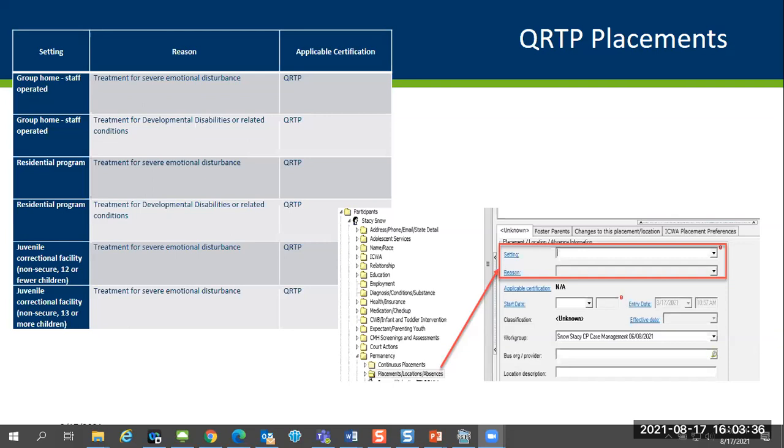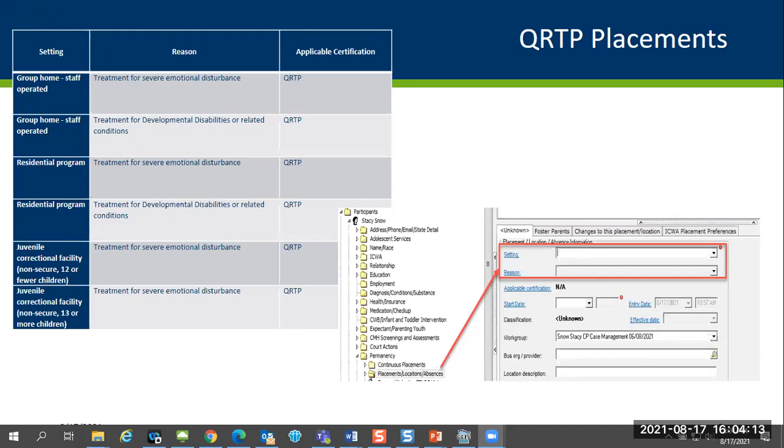If you have been part of a few of our other webinars in our series, we have mentioned that there are specialized settings for pregnant and parenting youth, individuals who are victims of sex trafficking or commercial sexual exploitation or at risk, or semi-independent living services. They will also have their own specialized settings and reasons, which we will cover in an upcoming webinar related to AFCARS placement changes. So I wanted to just mention that this grid on this screen relates to